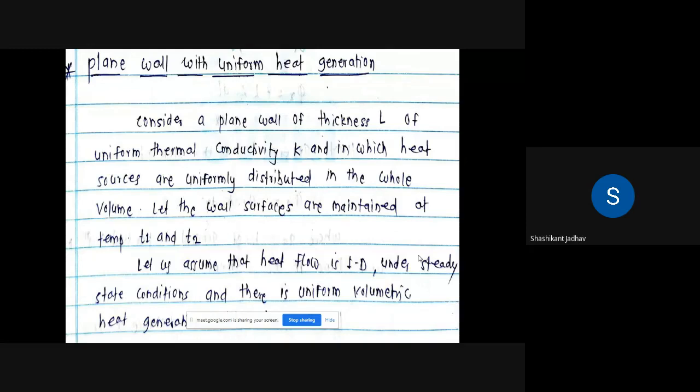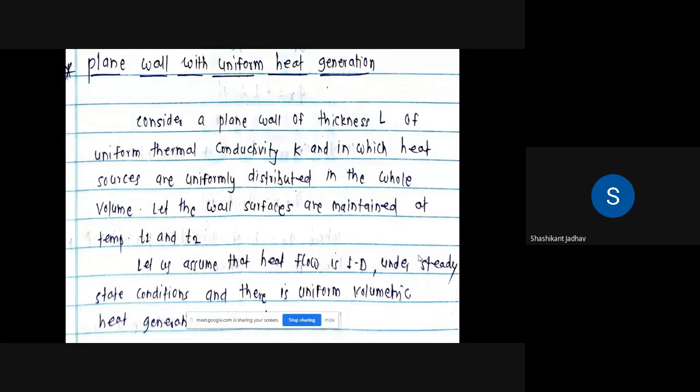Consider a plain wall of thickness L, of uniform thermal conductivity K, and in which